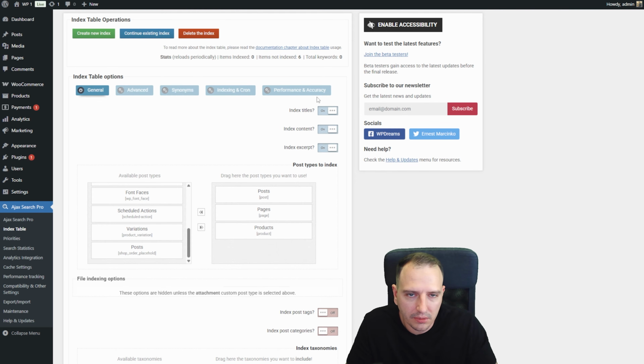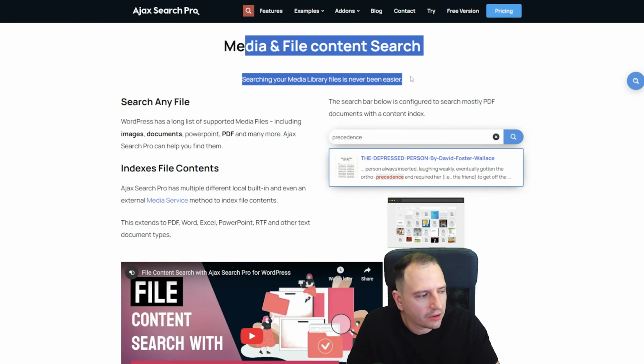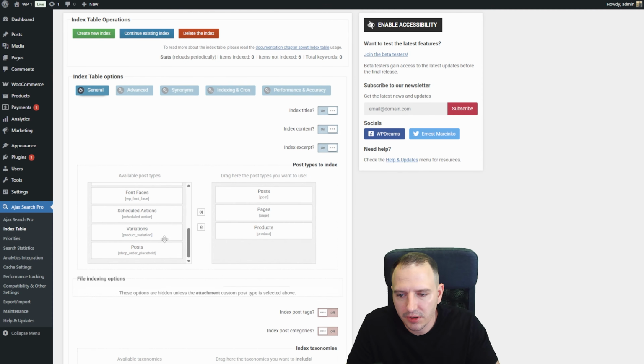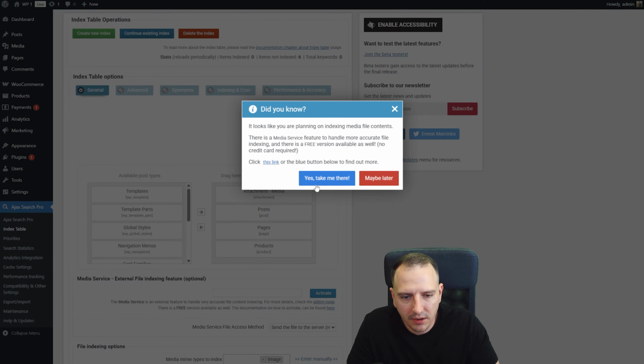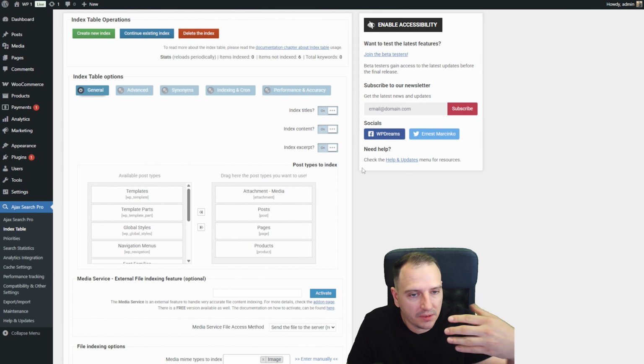And this is also what the media content search uses. So if I were to select the attachment media, then I can select there's an external indexing feature. I'm not going to go into that right now, but this is what I would recommend using if you have more than just a couple of posts